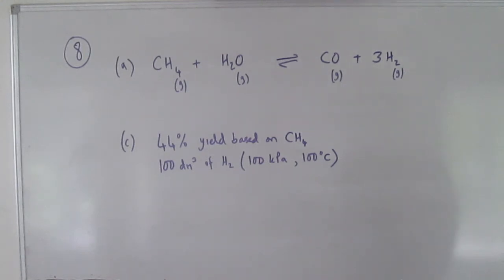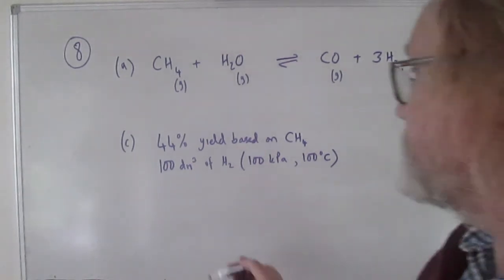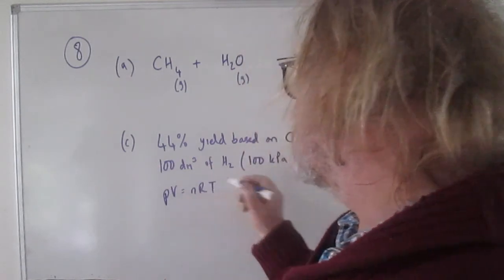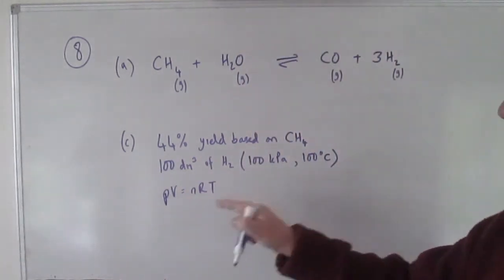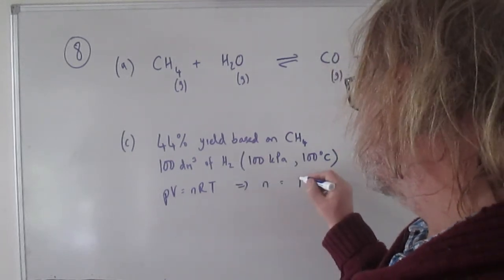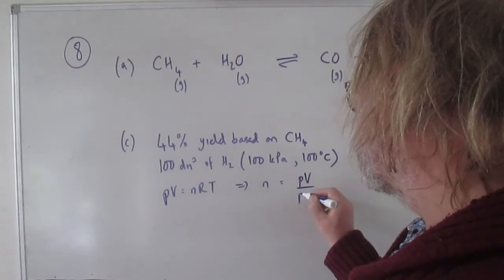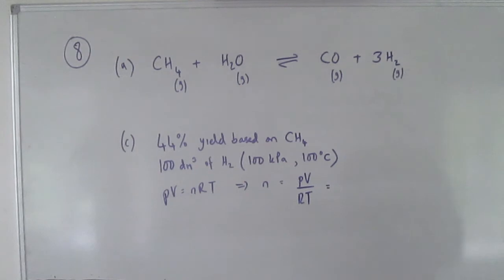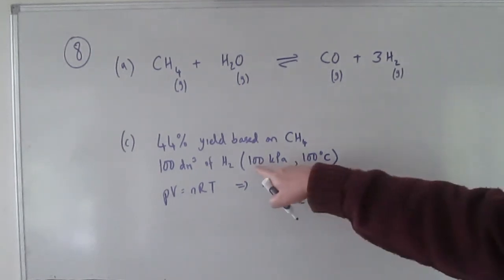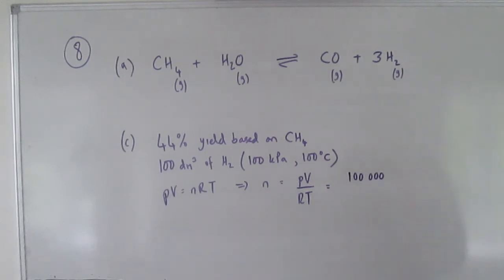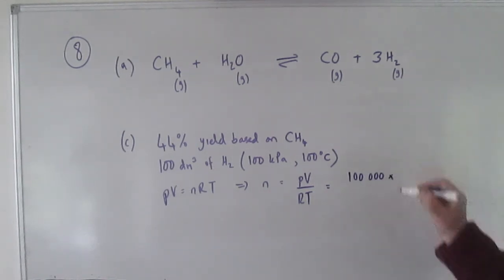So we have to use the full ideal gas equation, which is that PV equals nRT. So you write that down and then immediately rearrange it because we want to know what the number of moles is. So we get that n is equal to PV divided by RT. And we plug the numbers in. So P is the pressure in pascals. So if it's 100 kilopascals, that's 100,000 pascals